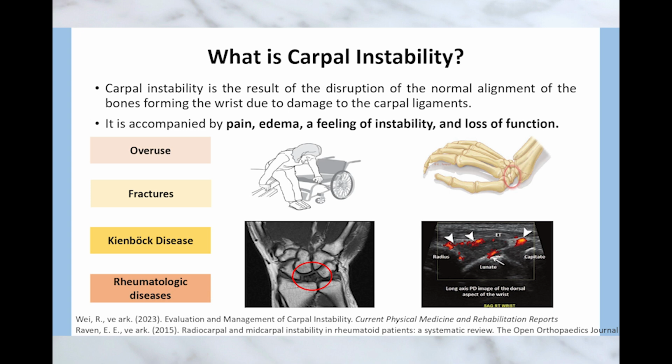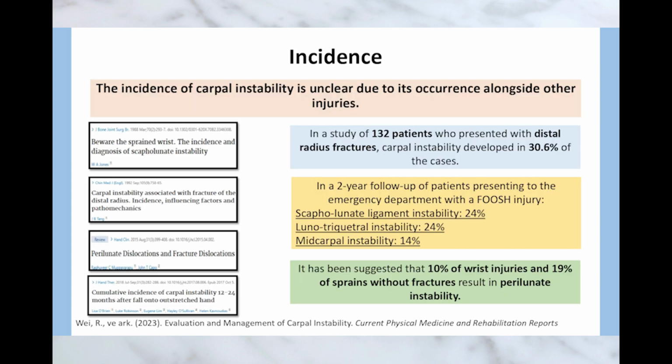Now, we mentioned earlier that carpal instability might be more common than people realize. So let's talk about the numbers here, the incidence. What's really interesting to me is how it often goes unreported because it's often linked to or overshadowed by